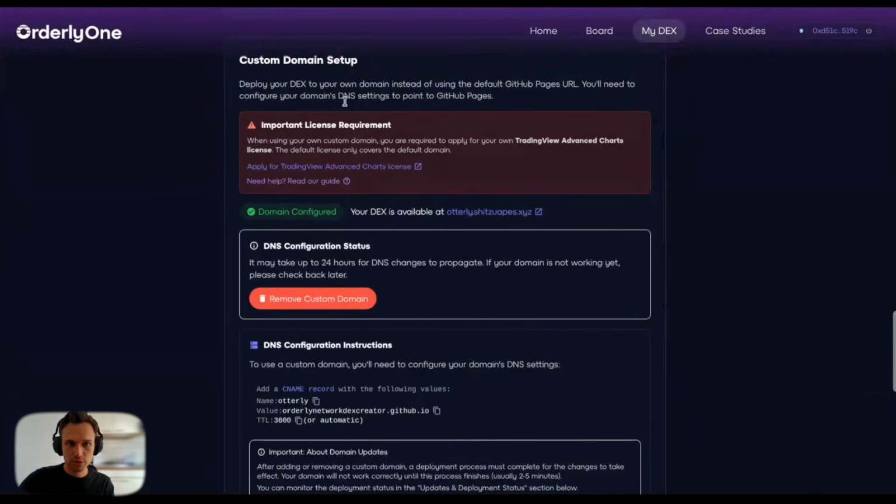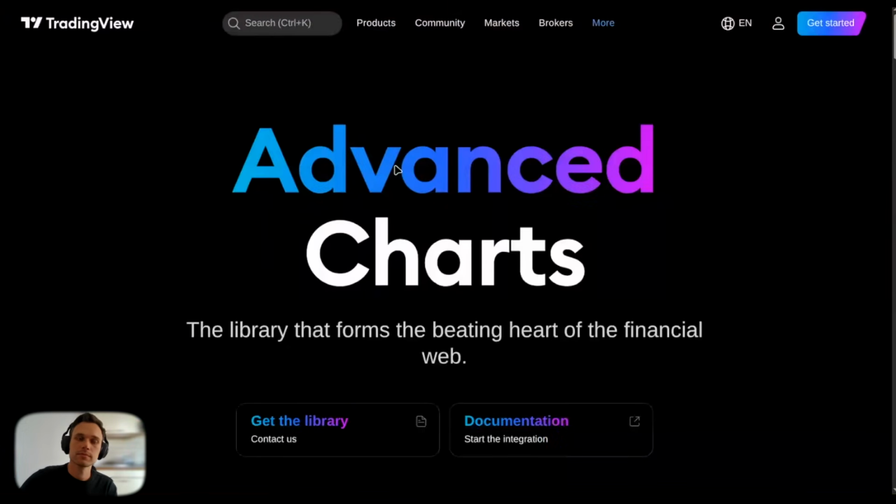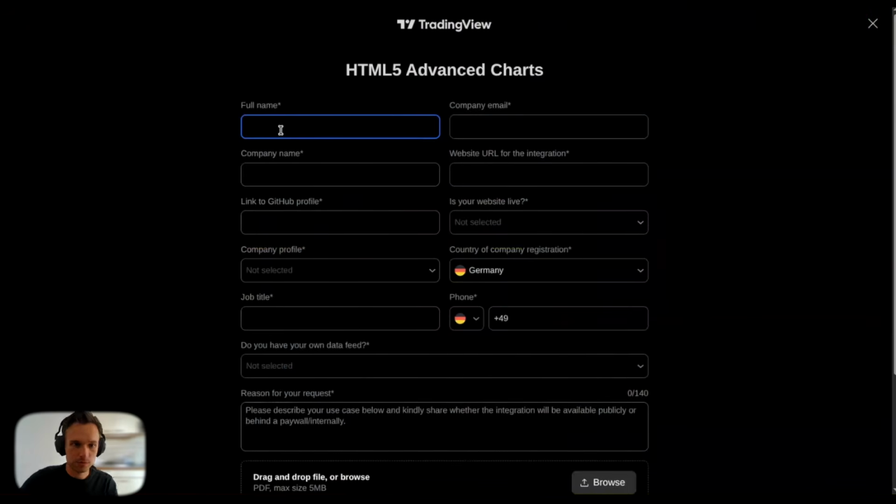So when you use a custom domain, you also would have to apply for a TradingView advanced charts license, which is free, but unfortunately you have to do it. So you can just follow this link. And you click on Get the Library, and then you fill out all the information. So let me do that. Just your name, your company email, company name, website URL